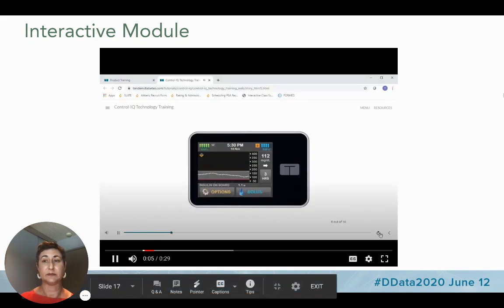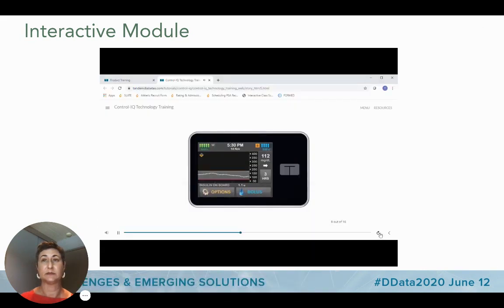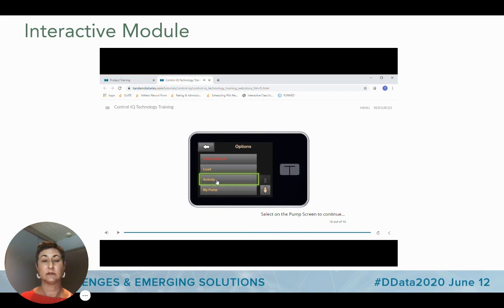Let's go through the steps of how to program a sleep schedule. Please select Options to learn how to set up a sleep schedule. To access the Activity menu, tap Activity. Please select Activity on the screen to continue. To program a sleep schedule, tap Sleep Schedules. Please select Sleep Schedules shown here on the screen. You can configure